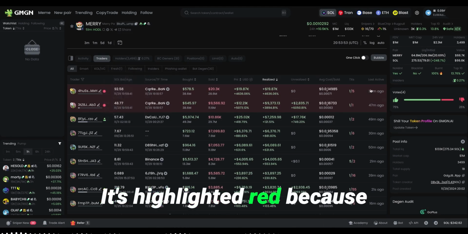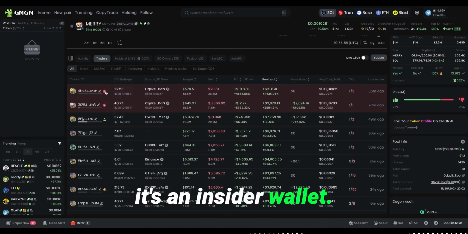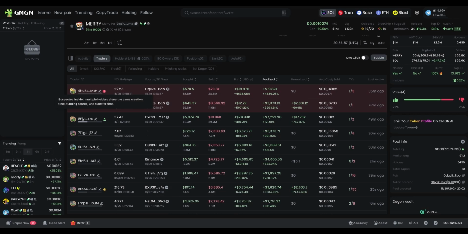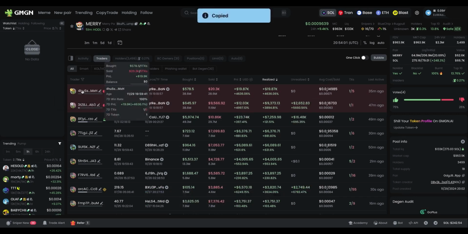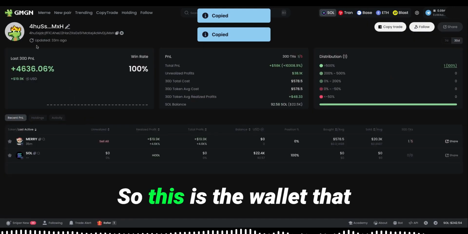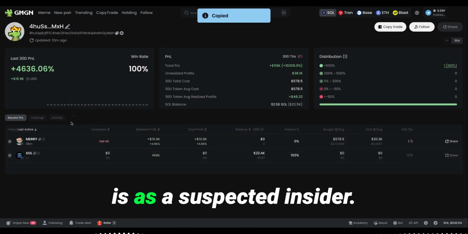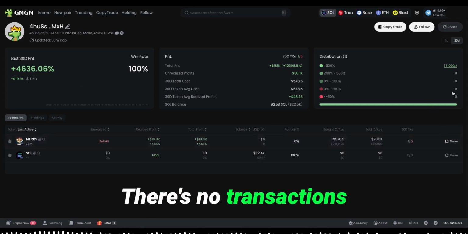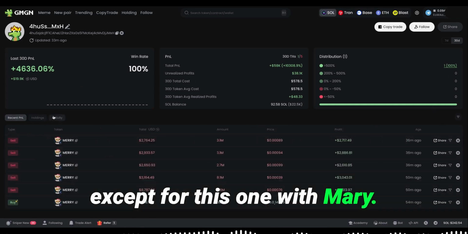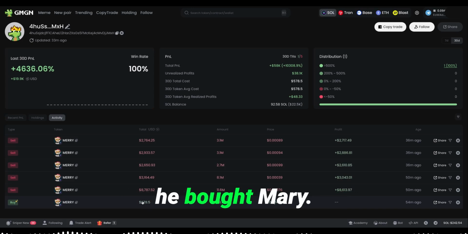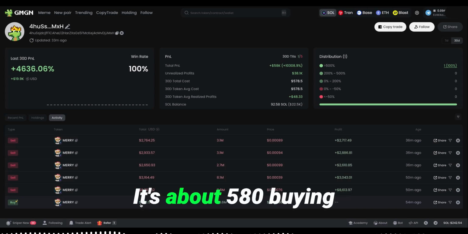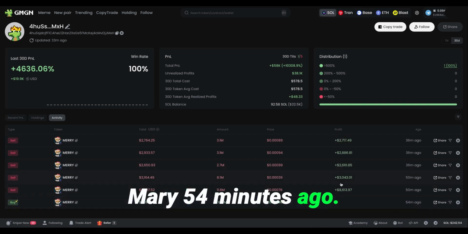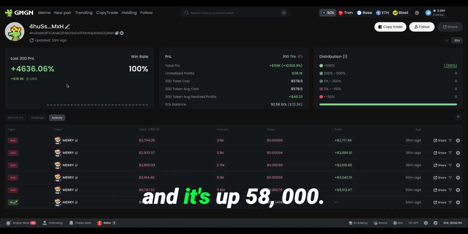It's highlighted red because it's an insider wallet. Well, that's what GMGN believes it is. Okay, so you want to click on this wallet. So this is the wallet that is a suspected insider. So it looks suspicious, right? There's no transactions except for this one with Mary. If you go on the activity, he bought Mary. He paid $580 buying Mary 54 minutes ago. And then it began selling, and it's up